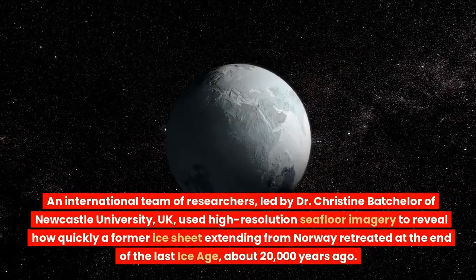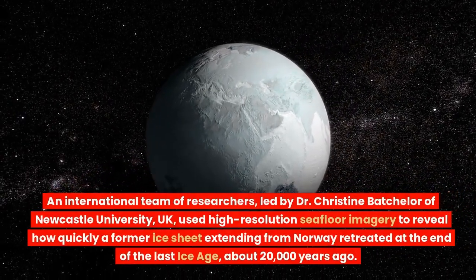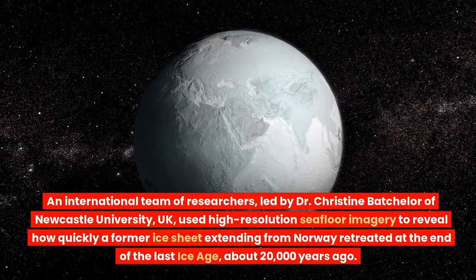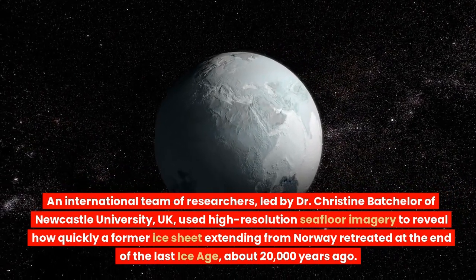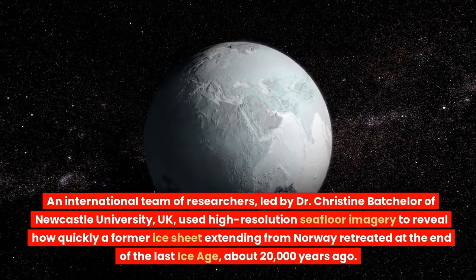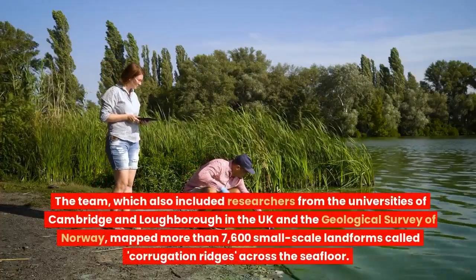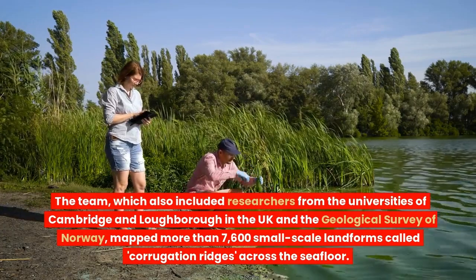An international team of researchers, led by Dr. Christine Batchelor of Newcastle University, UK, used high-resolution seafloor imagery to reveal how quickly a former ice sheet extending from Norway retreated at the end of the last ice age, about 20,000 years ago. The team, which also included researchers from the universities of Cambridge and Loughborough in the UK and the Geological Survey